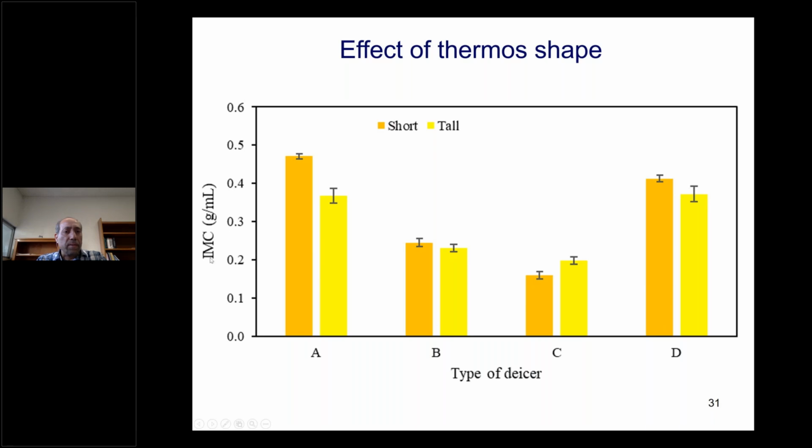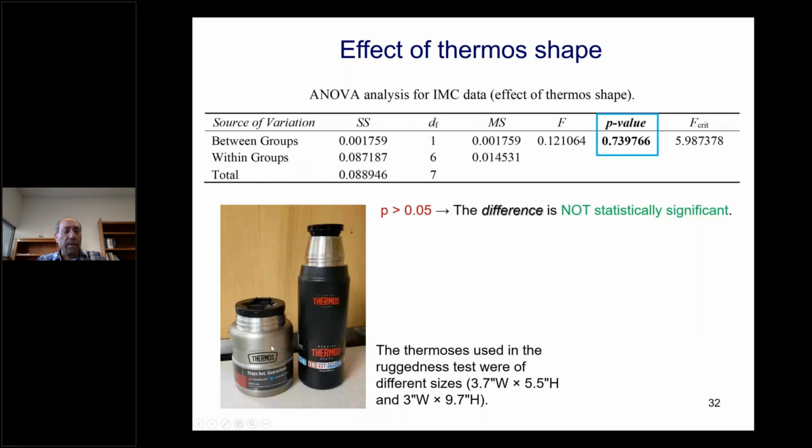So here we have the results of ice melting capacity for deicers A, B, C, D, and we have used short and tall thermos for this experiment. Here are the pictures of these two thermos, and we can see the p-value for the ice melting capacities is much higher than the threshold, 0.57, which shows that